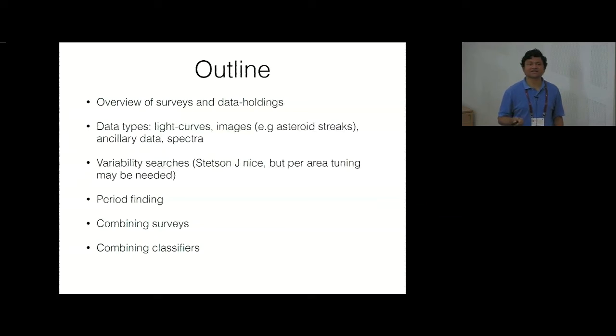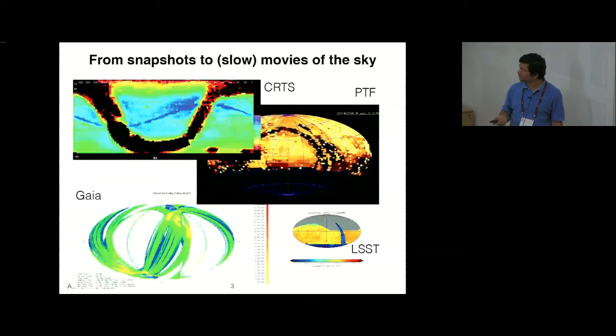Combining surveys is another crucial thing. Again, as I said before, most surveys have a specific aim, and that aim defines how the survey happens. And yet when there are multiple surveys, there are ways of combining the data sets, and that is a powerful way of using all those data sets together. How can we go about doing that? And combining classifiers: there are a large number of classifiers. Rather than let them work on their own, how can one try to combine them in meaningful ways?